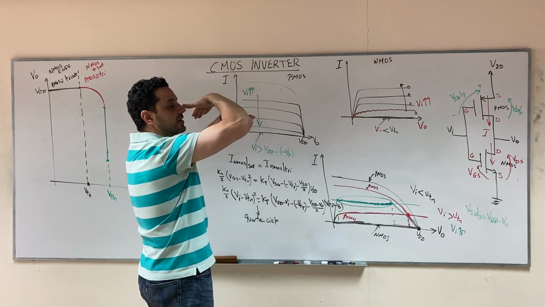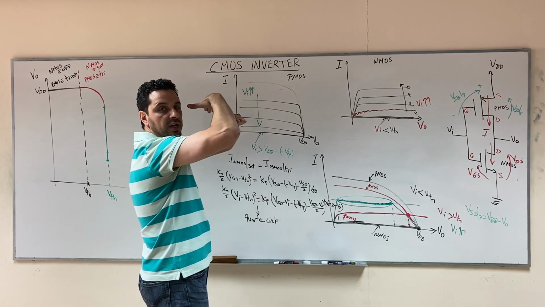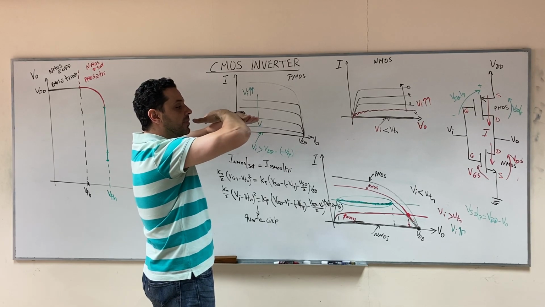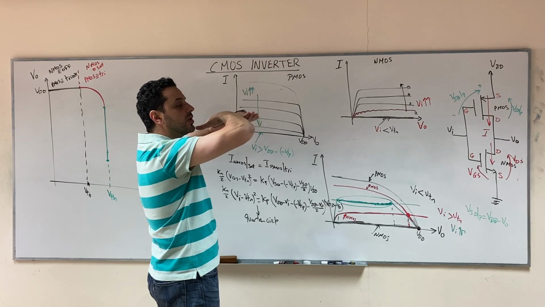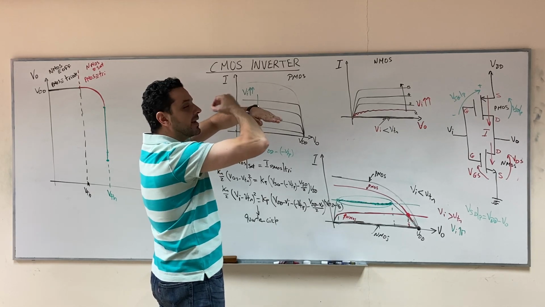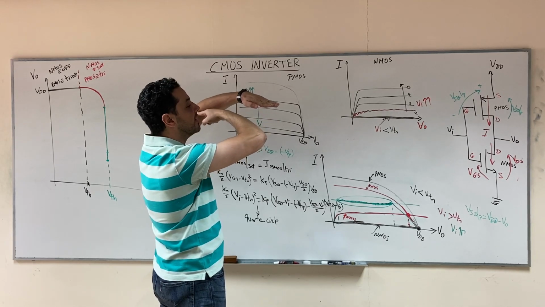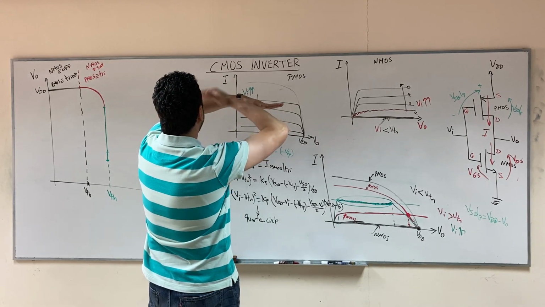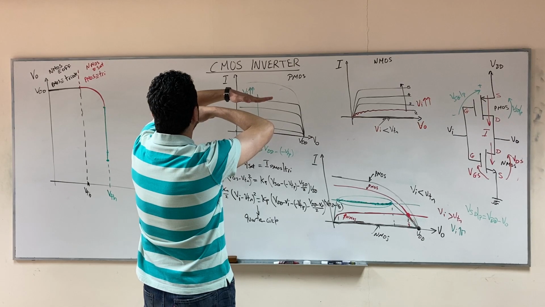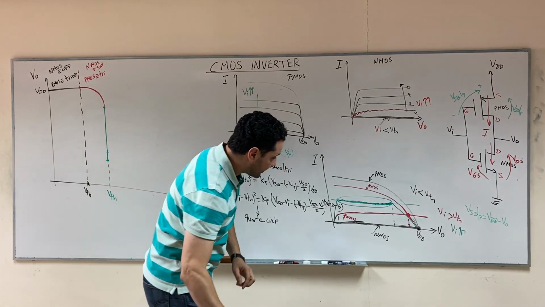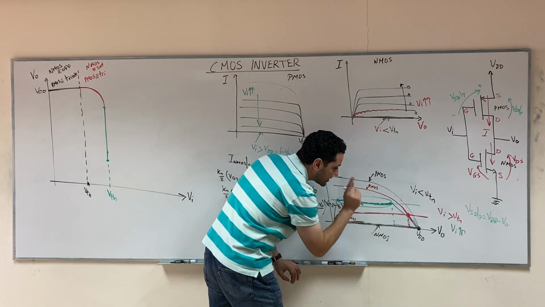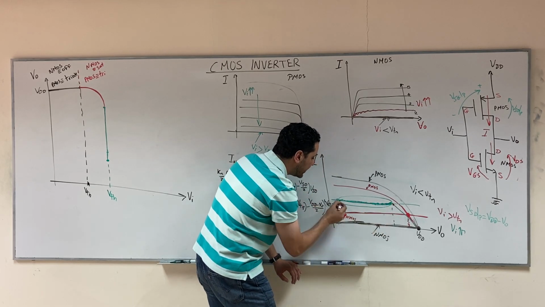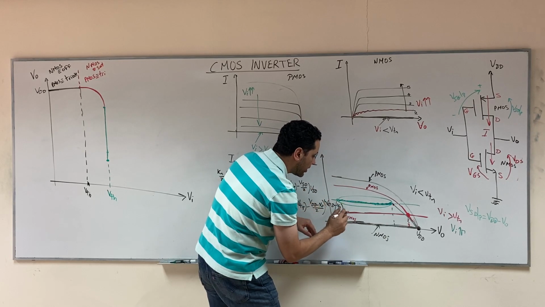In the beginning, they will intersect here at the edge of saturation of the PMOS, and then they will overlap. When they overlap, all these points are possible, and then directly the point after it will be here. The operating point was here, and then they will overlap, and then directly the next point will be at the other side. So in the beginning, just before this overlap, the operating point was here, and suddenly, if you increase V input more,